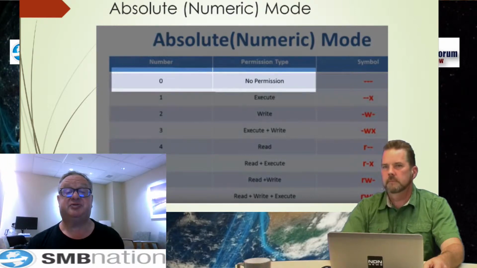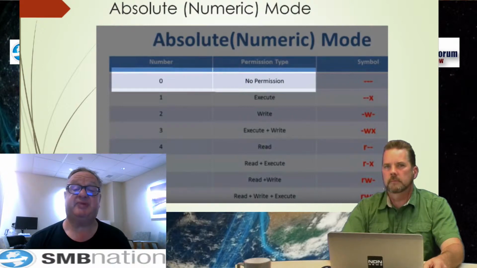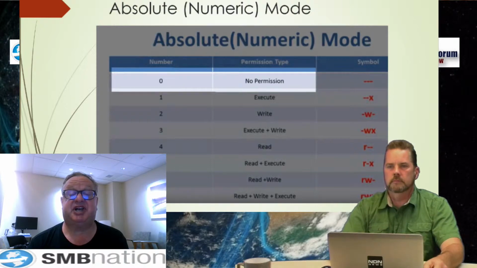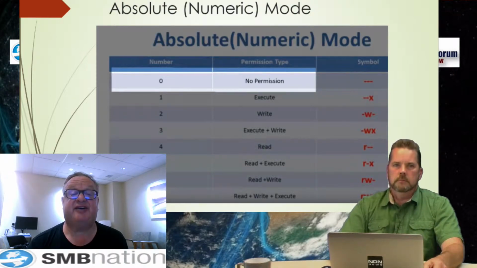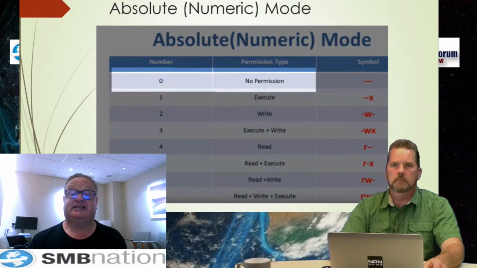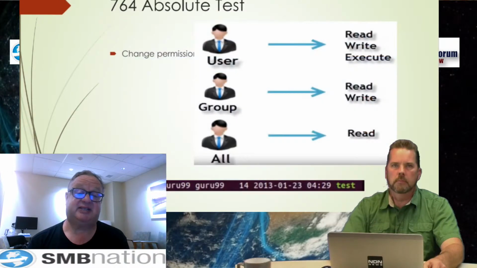Now, what it shows on my test, just to make my point, is that when you would execute such a command, the 764 absolute test, okay? So what that means with the 764, again, just take it at face value. You can replay this presentation to really double click into the values. That's not the point. 764, based on the table that we had, is going to give the user read, write,